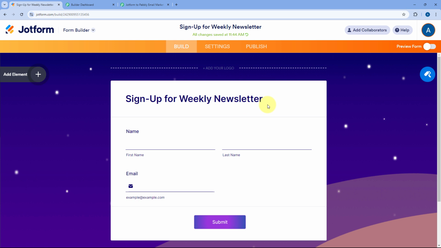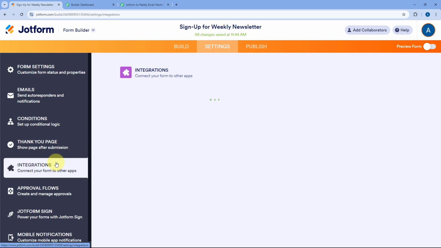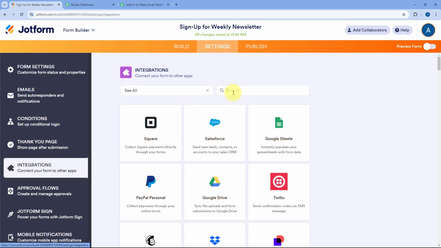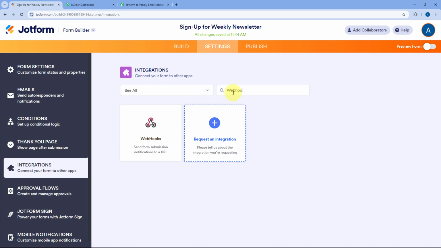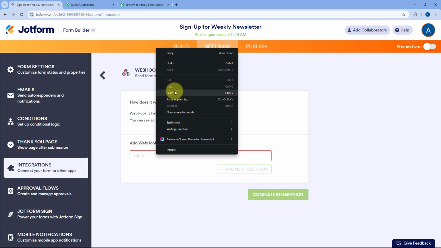This is a simple form. After creating the form, go to the settings section, and after settings, from the left sidebar, go to integrations. After coming to the integrations page, we have to search for webhook over here. Just select webhooks. And here under add webhook, we have to paste the exact same webhook URL which we have